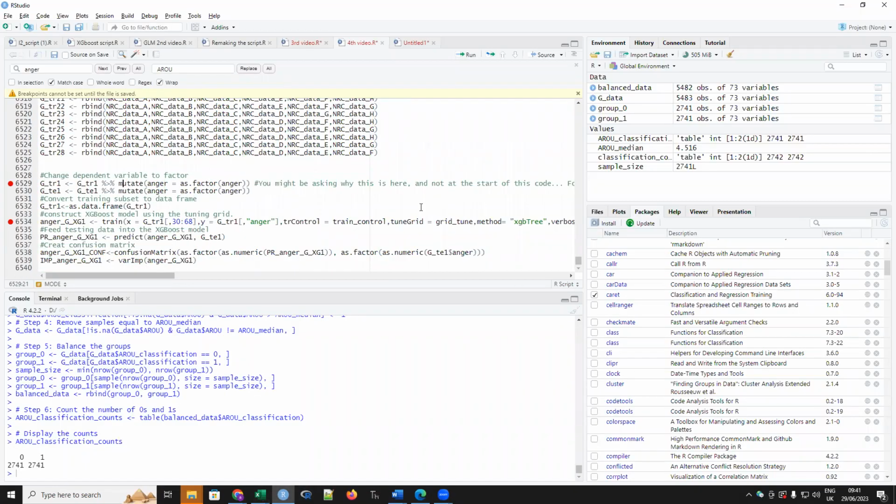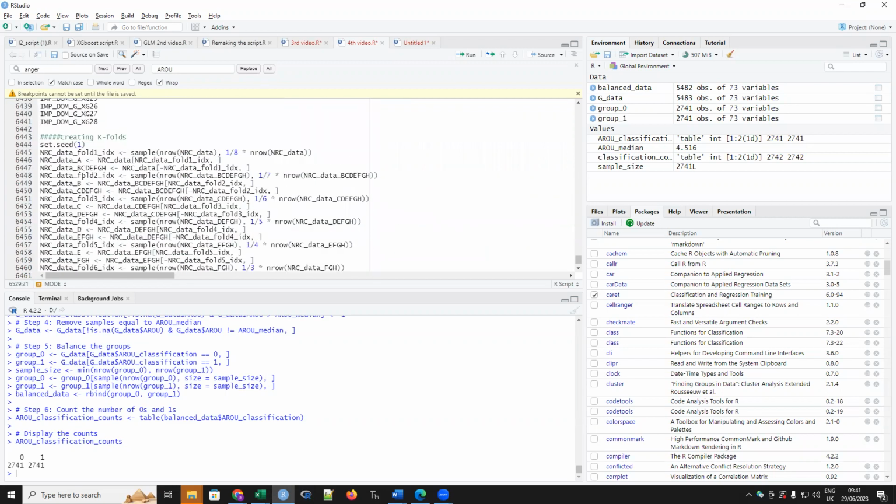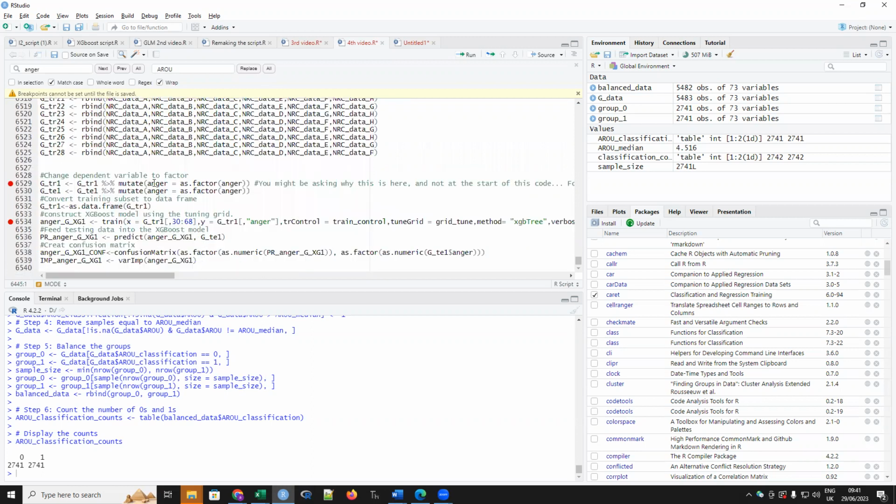Here I have the NRC variable anger from the NRC data. We know that this occurs at about 10% in the data set. So a naive model that was just classifying according to the majority category would achieve an accuracy of 90%.